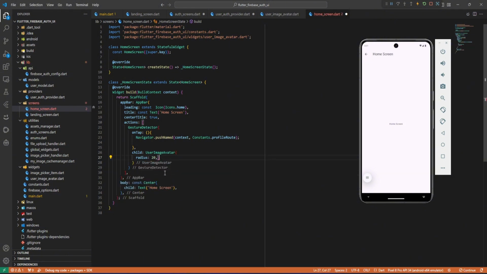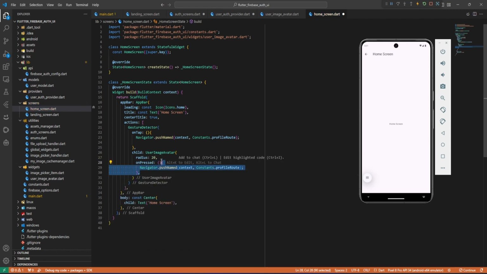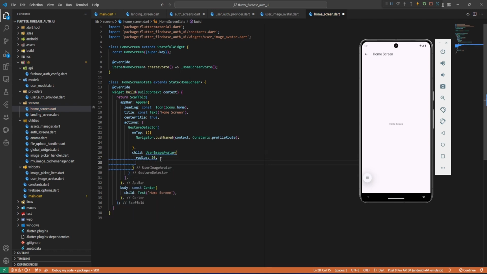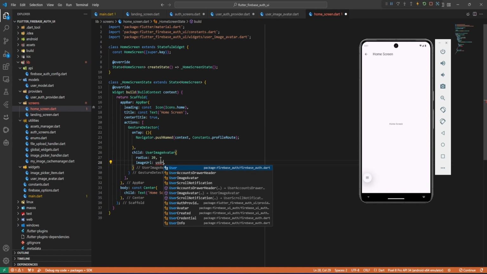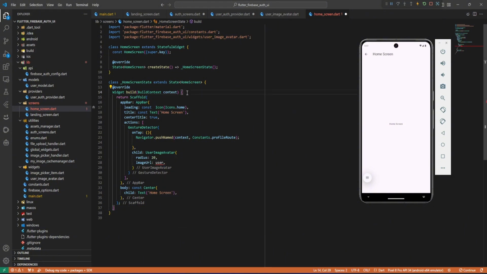What we want to put is sorry, this is up to here. What we want to put is the image URL. So the image URL is going to come from the user provider. So now the home screen also we can read from the provider. Okay, so let's come up here and then let's say